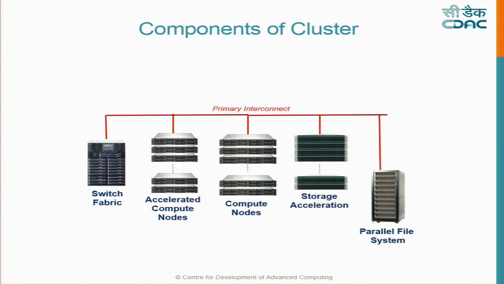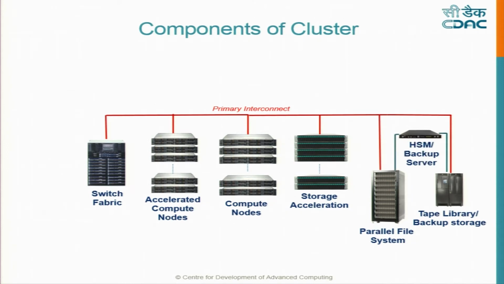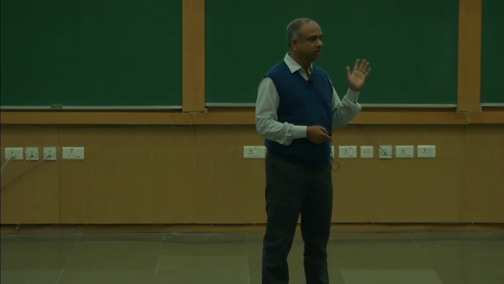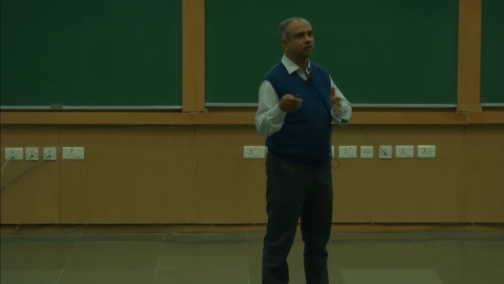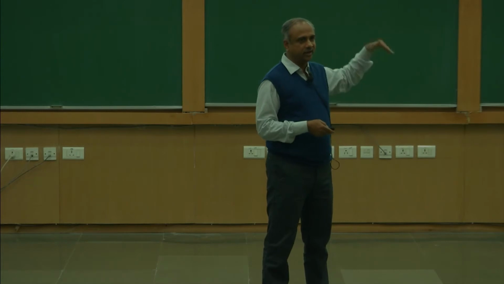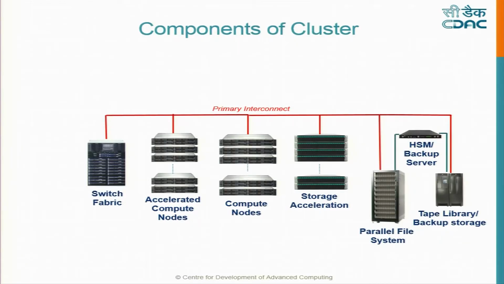These are CPU only nodes. These are CPU plus GPU or some accelerator built into them. Okay. So now this becomes our basic system, using which one can put code and data here, and use the compute nodes and the accelerated compute nodes to run your code. But this is not enough for administrating the system. So you have something called a tape library with what is called hierarchical storage management. All of you know why it is required. You can take backups there, or if you bring data on a tape, it can be loaded here and the data can be taken onto the hard disk. So it's like a backup mechanism.